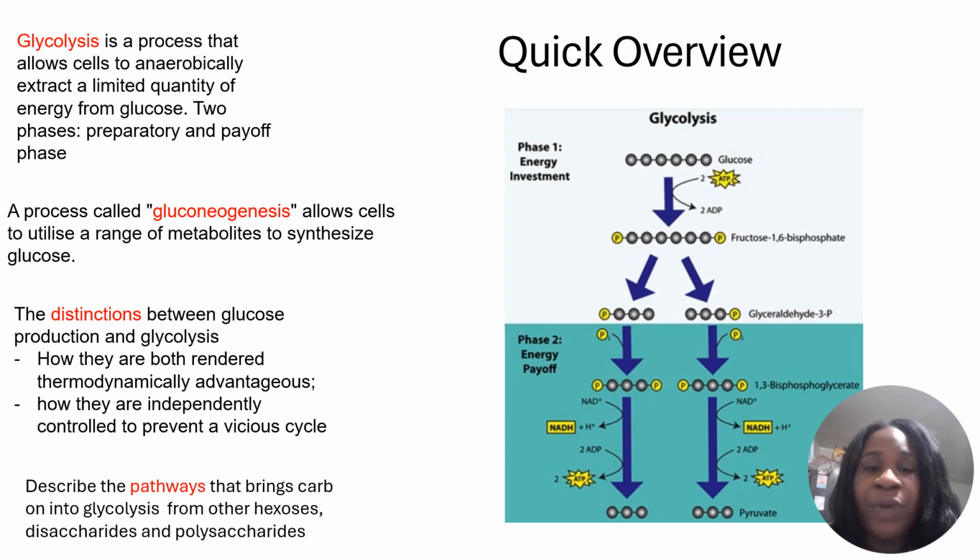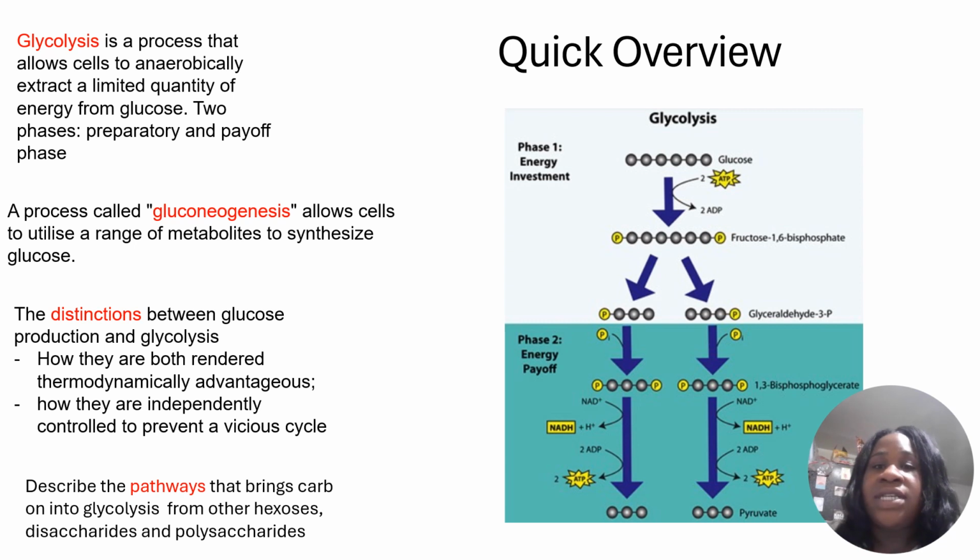We will discuss the distinctions between glucose production and glycolysis, and how they are both rendered, and we will also discuss how they are independently controlled to prevent a futile cycle. We will also describe the pathways that bring carbs such as hexoses, disaccharides and polysaccharides onto the glycolysis pathway. All living things